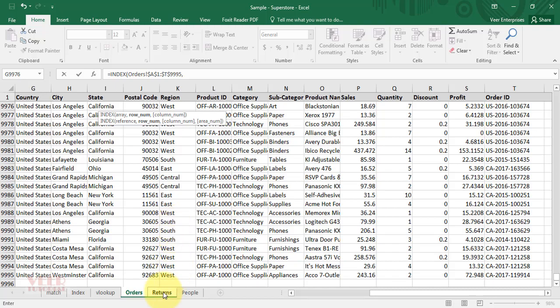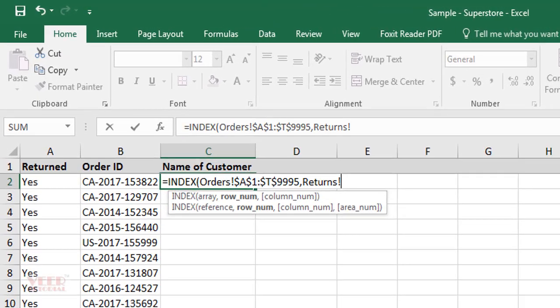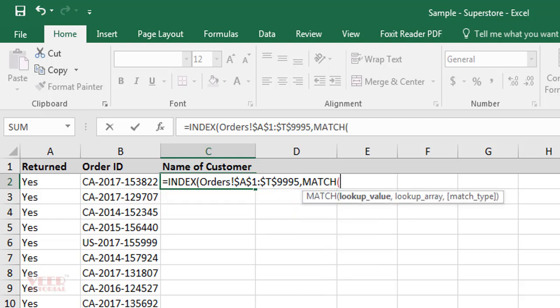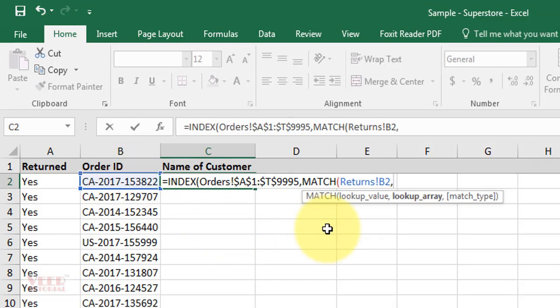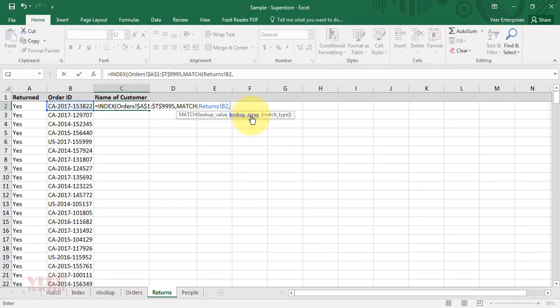So come to the return tab, here press backspace because it automatically took the return sheet name, so you need to delete that sheet name, and now type the MATCH function. The first argument is lookup value. Enter the lookup value here, press comma. Now what is the lookup array?